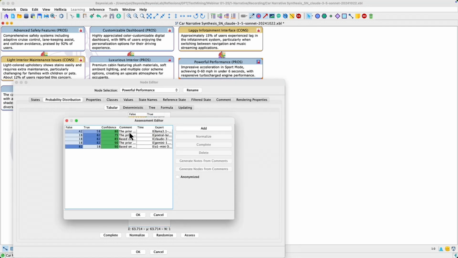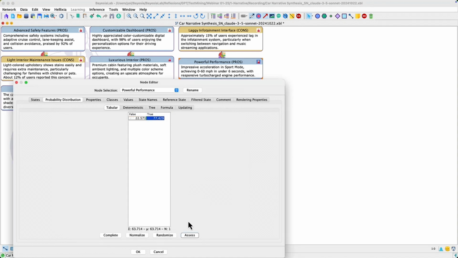And here we can see indeed that we have 3 that are absolutely equal, 82, 18, but one that is 82, 18 reversed. And when we look at the comment, it seems that OpenAI just inverted true and false, right? And this is exactly what we have also with human experts. So this is quite funny, right? So given that the comment associated with this distribution indicates the opposite, we are going to fix this manually. So this is something you always have to check, what happens behind, because these are just generated.